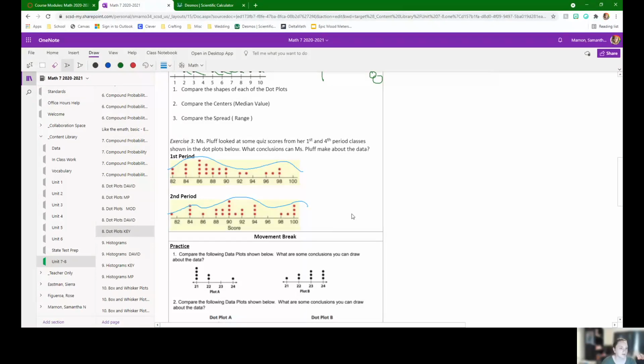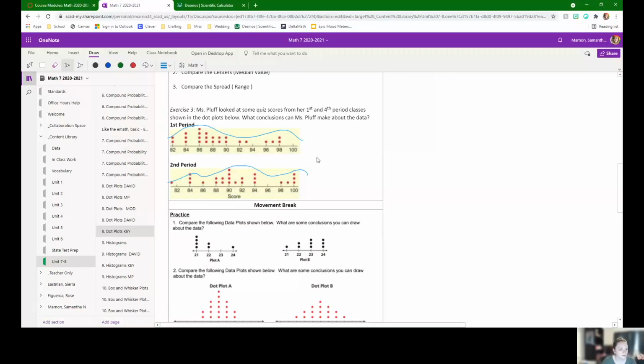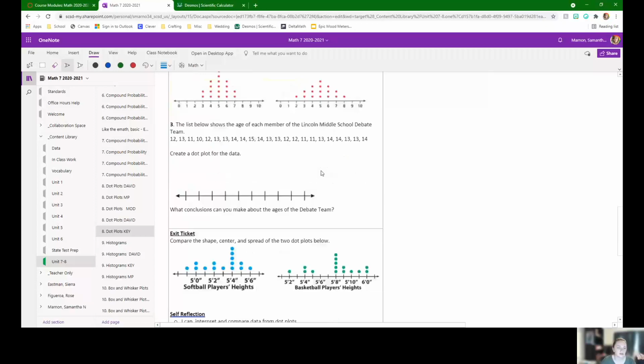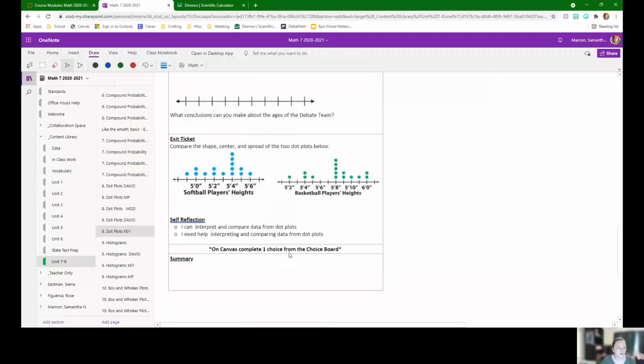When you're done with your exercise, you have to complete one of the practice problems, and then you have your exit ticket comparing the height of softball players to the height of basketball players. Make sure when you're done, you go onto Canvas and complete one choice from the choice